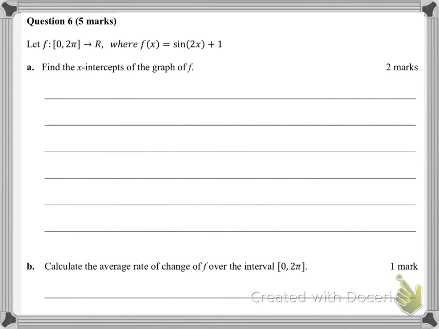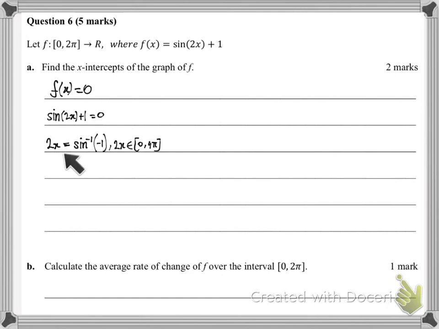Next question, question 6. Okay, so now we've got a sine function restricted from 0 to 2 pi, and we've got to find the x-axis intercepts. Okay, so we let y is equal to 0, and we start solving. We subtract 1 and do the inverse sine. So when it comes time to evaluating this, inverse sine of -1 gives us angles for